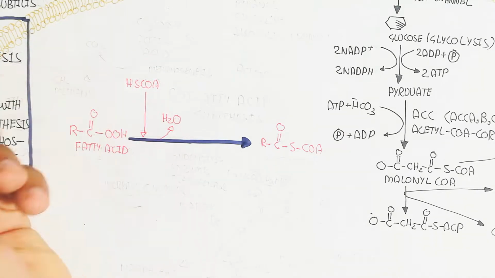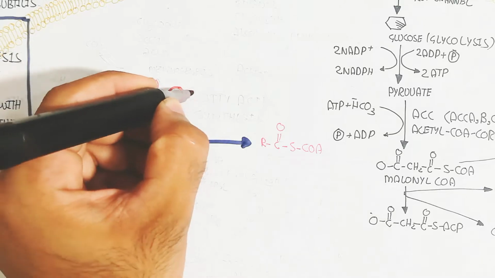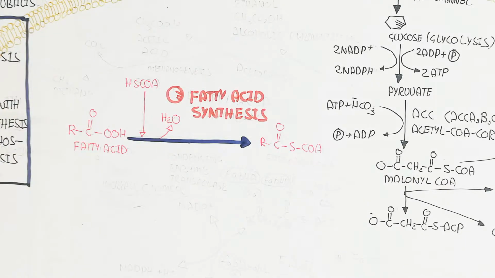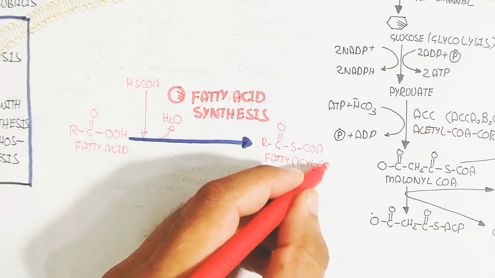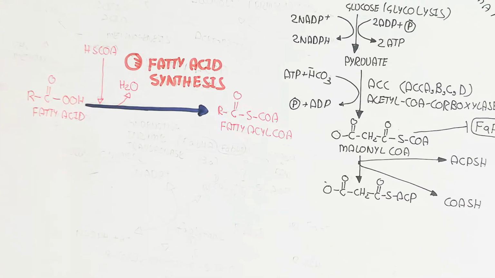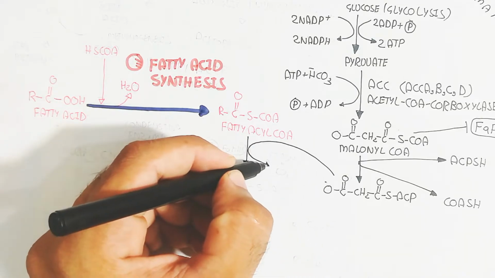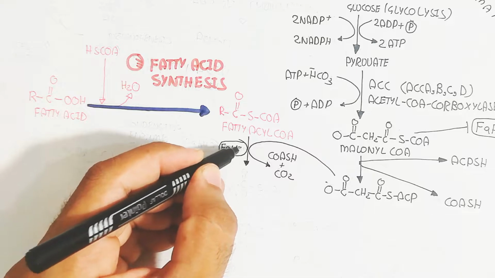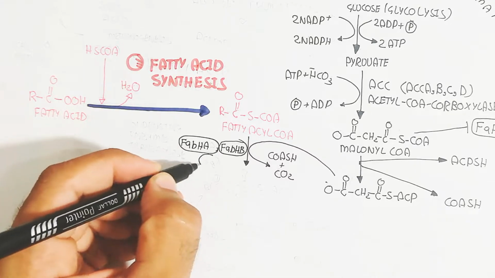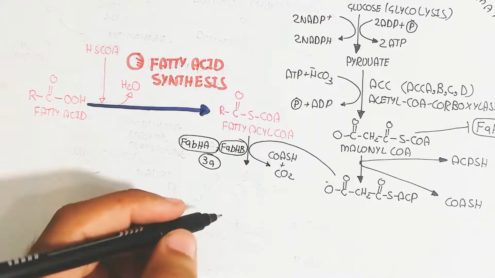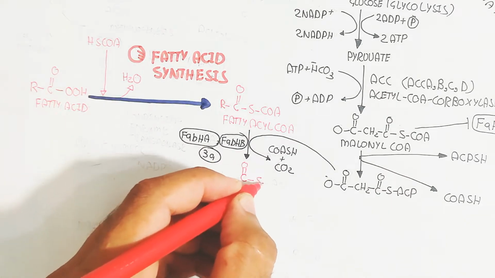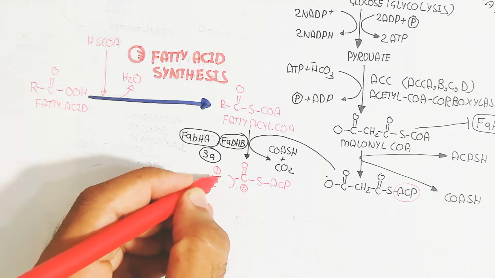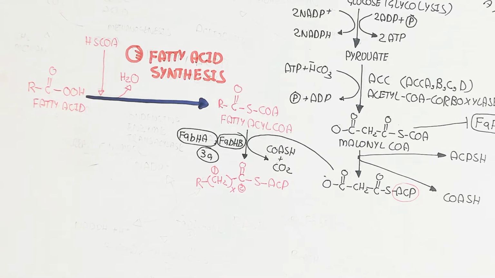Here is the addition of the acetyl CoA, and water will be released. The fatty acid synthesis forms this fatty acyl CoA, and this fatty acyl CoA will be added into the fatty acid synthesis cycle. So in this way, the 3 carbon containing molecule with ACP will be added to the fatty acyl CoA, with CoASH released and